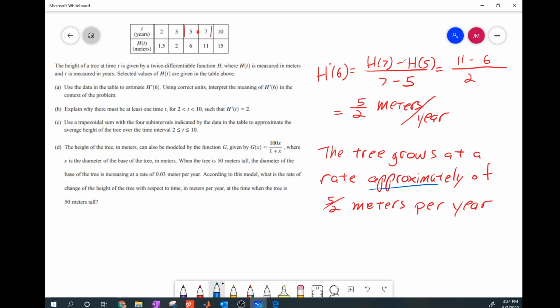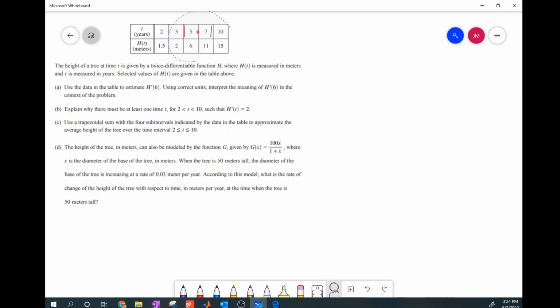Alright, let's take a look at question B. So question B, explain why there must be at least one time t, for 2 is less than t is less than 10, such that h prime of t equals 2. For question B, there's a couple ways you could do it, but I'm going to do the fast kind of cheater method. I can see that from 3 to 5, that's a 2-year jump,